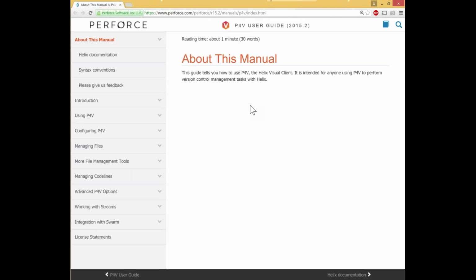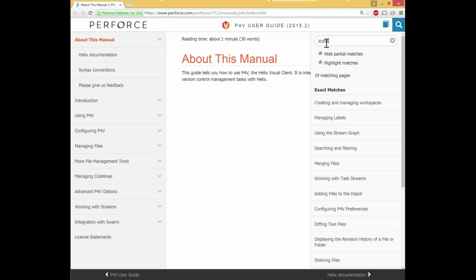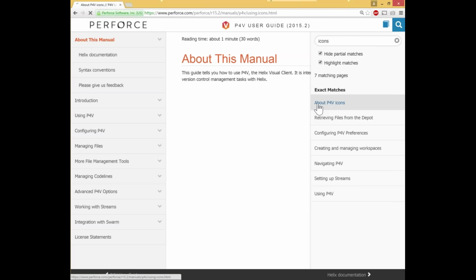That's why if you notice in any of the instructions that we have for you that we've written, if the images aren't quite exactly the same, it's because Perforce has been recently purchased by Helix. But this manual here has a lot of good information. Mostly, I really like to use it for the icons. So I'm not going to spend a lot of time in here, but